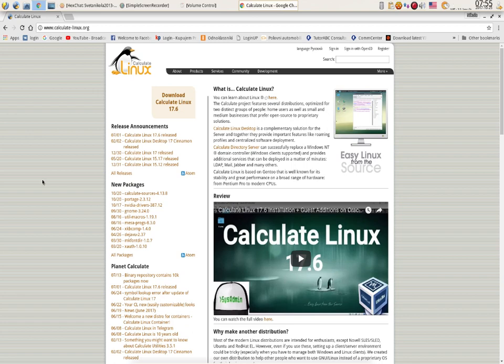And then 10 years ago came the first edition of Calculate Linux. Calculate Linux is Gentoo made a little bit more simplified for an average user, but it also offers all the options and all the freedom that comes with the Gentoo distribution. Now, why do I say freedom?